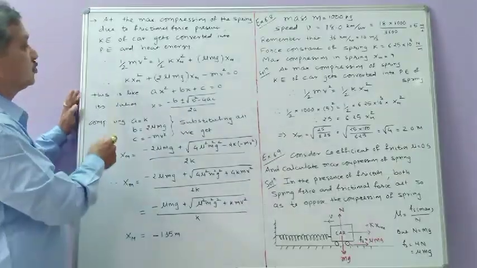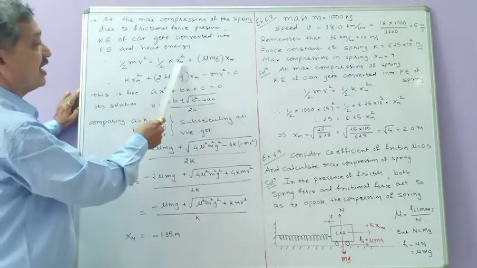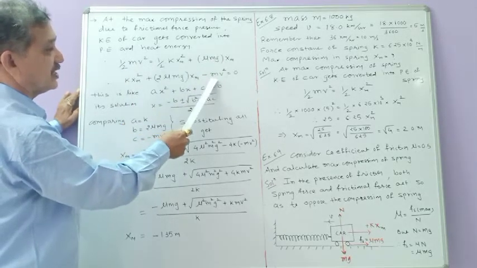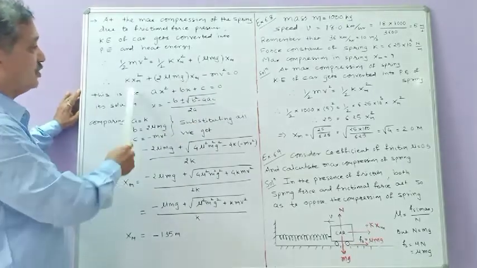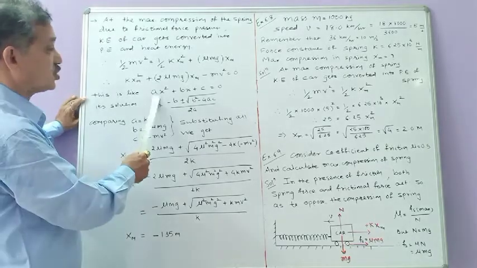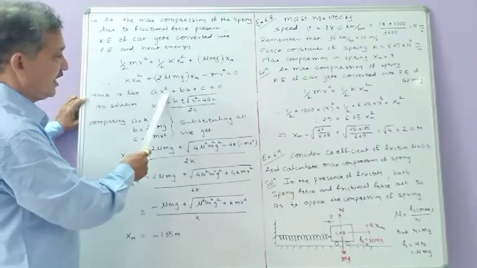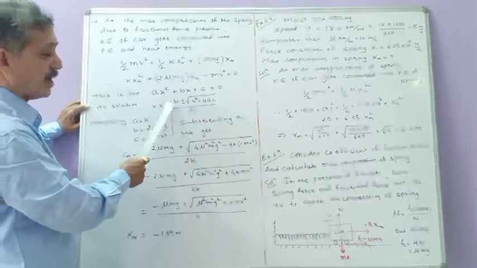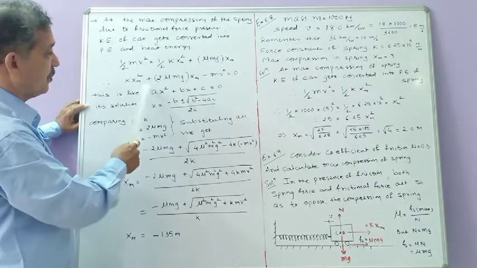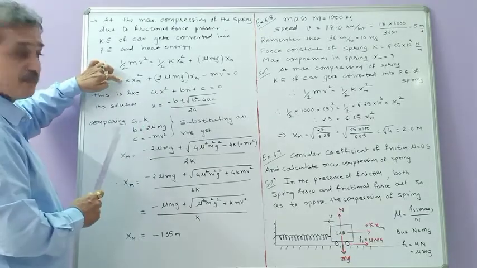Heat energy. So now solving this one, तो ये 2 यहाँ पे जाएगा तो 2μmg xm, then kxm² plus 2μmg xm, ये minus mv² इधर ले लो तो minus mv² equal to 0 you will get. So this equation is just like the quadratic equation which you have studied in 10th standard, ax² + bx + c = 0, where a, b and c are constants, x is the variable, so its solution is x = (−b ± √(b² − 4ac)) / 2a. If you compare this equation with this one तो आपको मिलेगा constant a is equivalent to k, constant b,